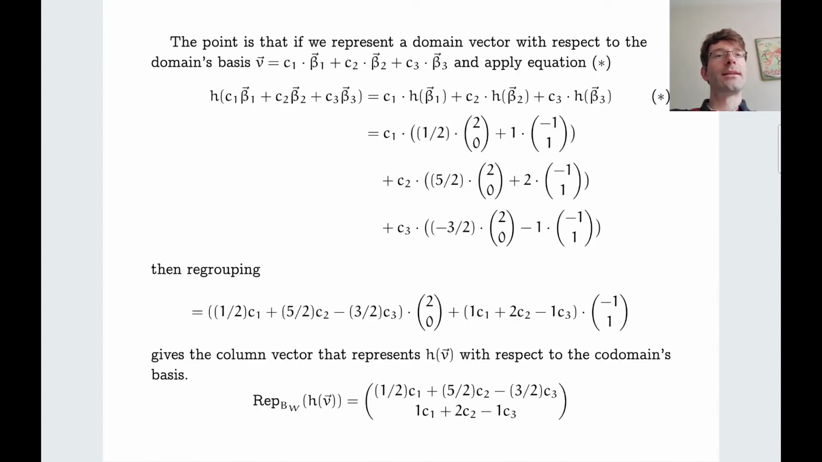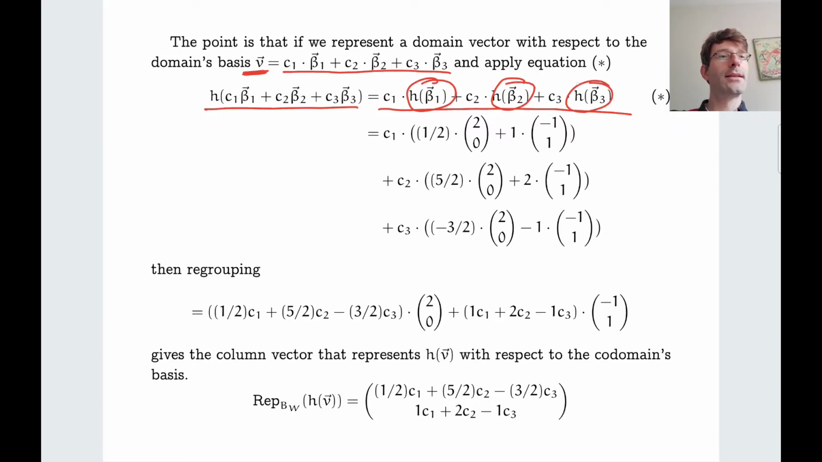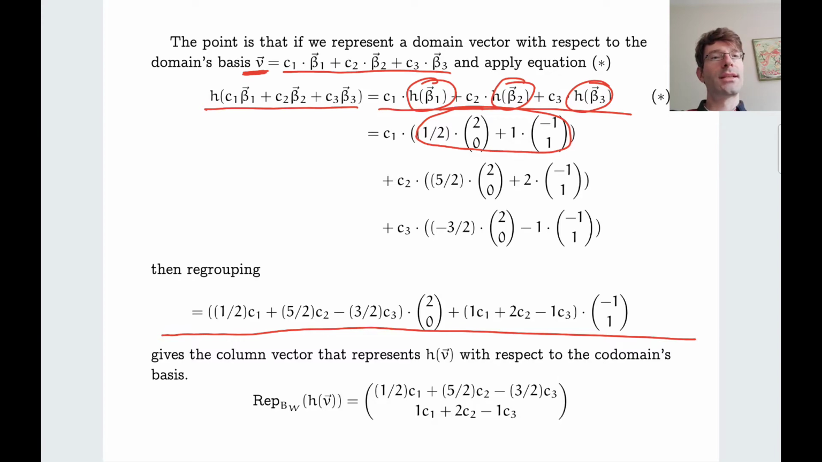And now if we go to an arbitrary vector from the input basis V, we may of course, as I explained earlier, express it in terms of a linear combination of the input basis. And then by linearity we get this equality. Now this h of beta i we've just expressed in terms of the output basis. And if we now multiply this out and regroup, we get this expression,